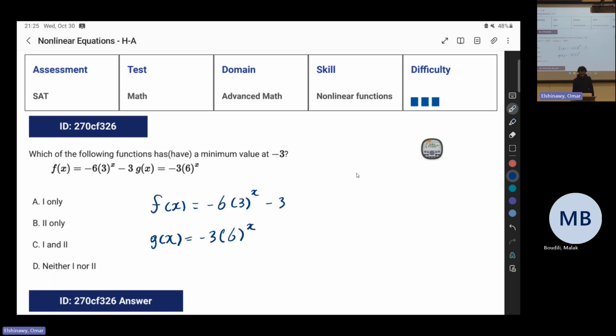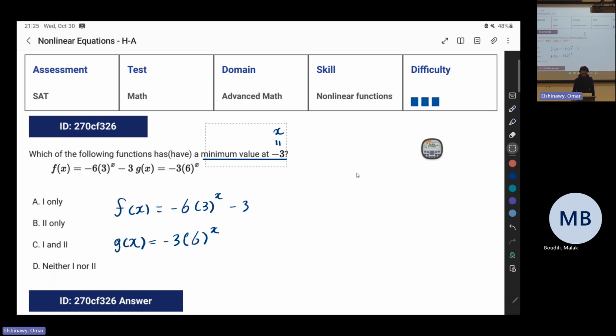And you can actually do that. So when we say there is a minimum value at -3, we mean that x is equal to -3. It's a good idea to try to plug in -3 and see what happens. So this is just terminology. If I say the minimum value is -3, then I'm talking about the y value. If I say the minimum value is at -3, then